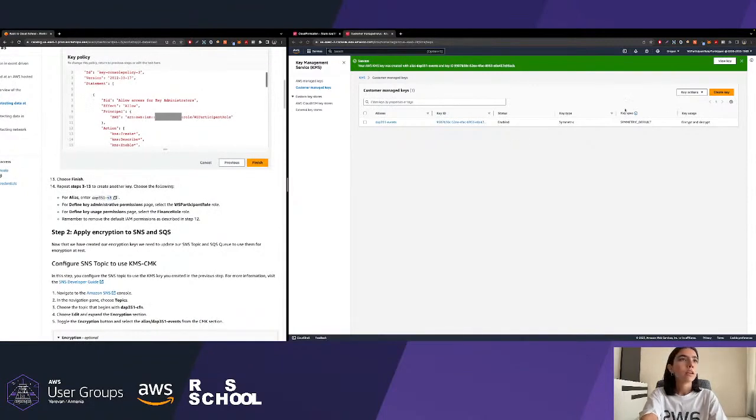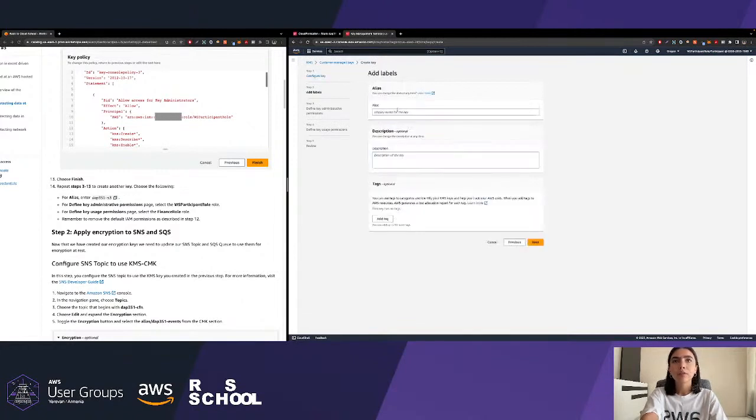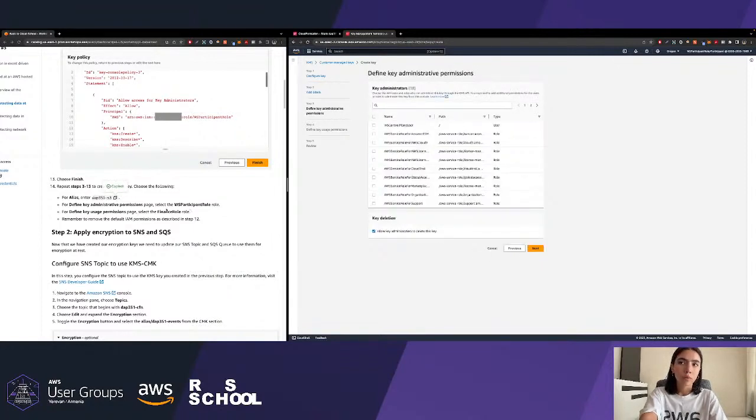Okay, go ahead, hit the create key button, leave everything as it was. For the alias, copy and paste this name. And for the roles, you can see that our workshop says for the administrative role, we use the VS participant role, but for the key usage, use the finance role.